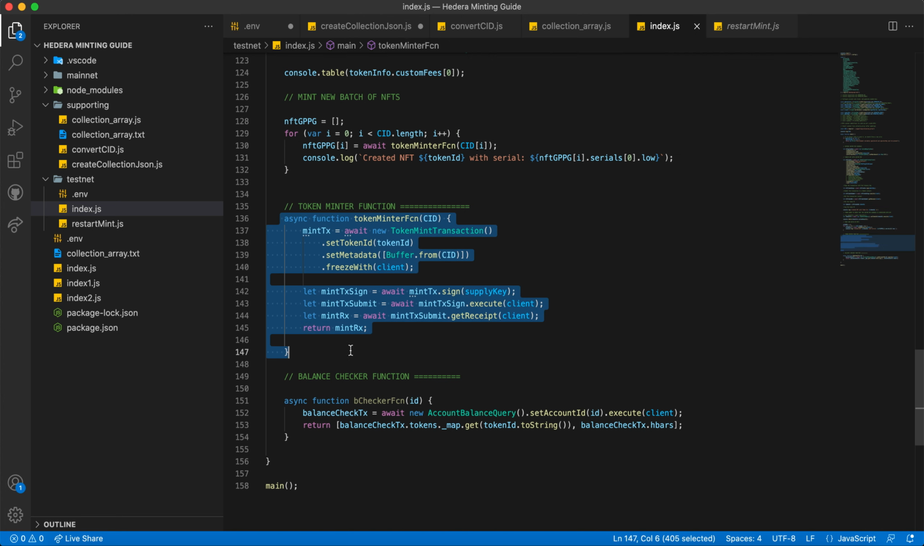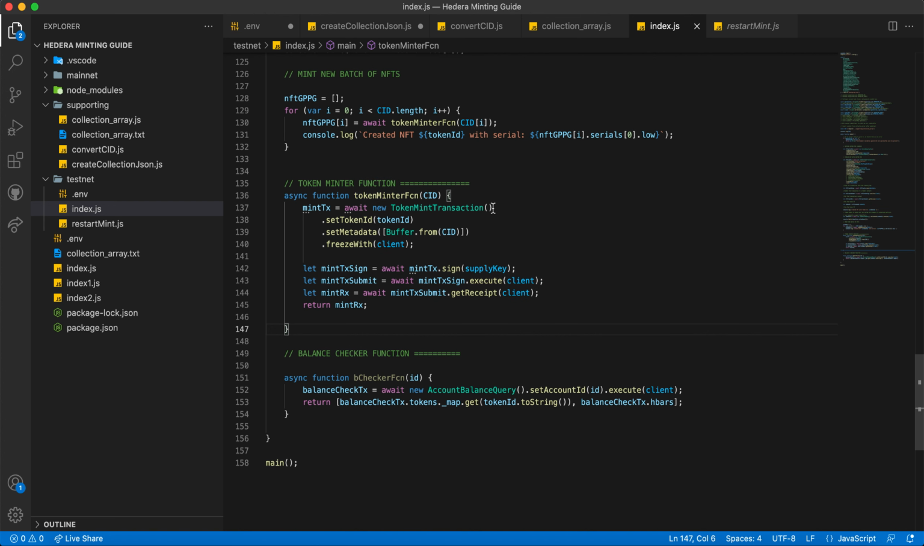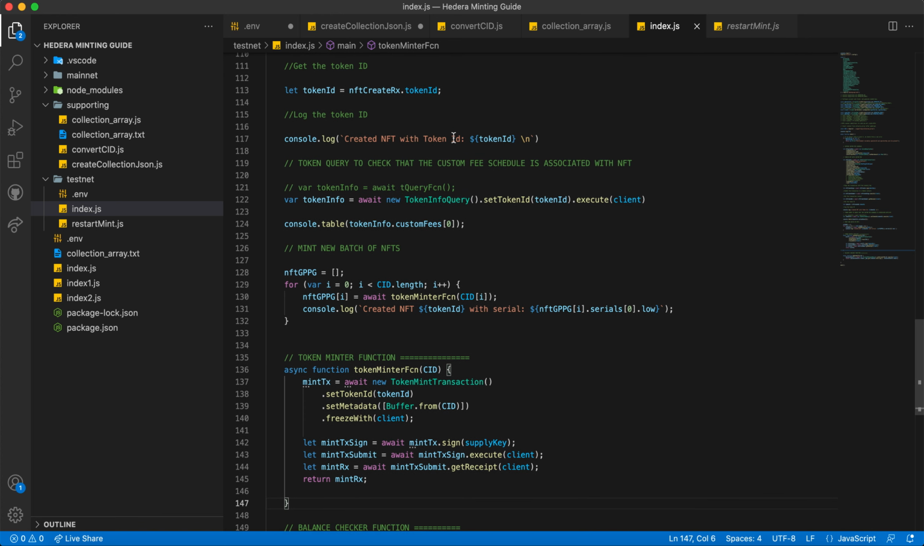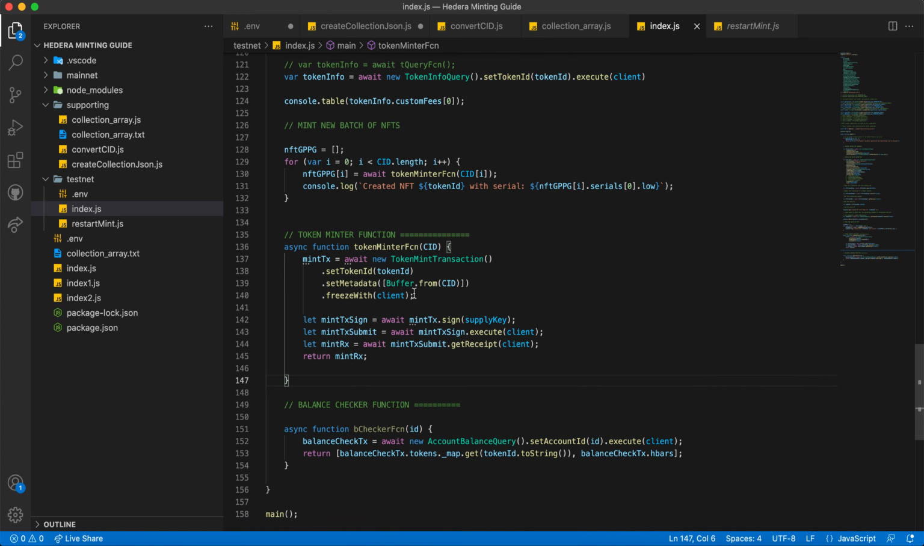This is sitting below here, and it's an async function, so this one will surely wait for the token minter function to finish. What happens now? We submit a new token mint transaction, set your token ID. The token ID is specified here, which we got from minting a token, the metadata, and now it's very important